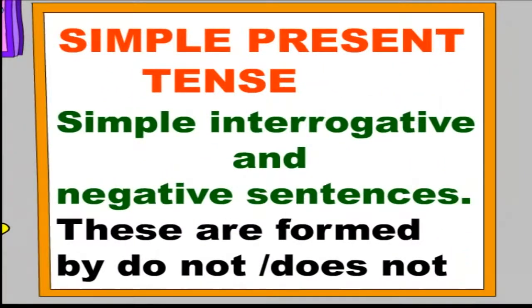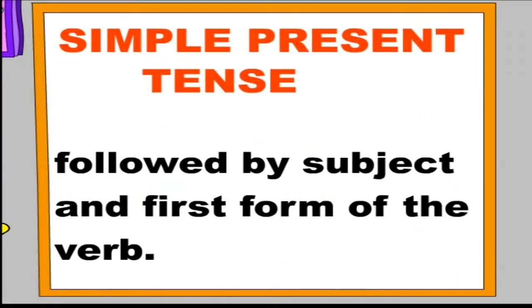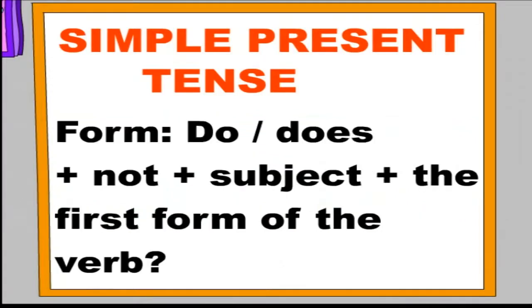Simple interrogative and negative sentences. These are formed by do not, does not, followed by subject and first form of the verb. Form is do or does plus not plus subject plus the first form of the verb. Examples: